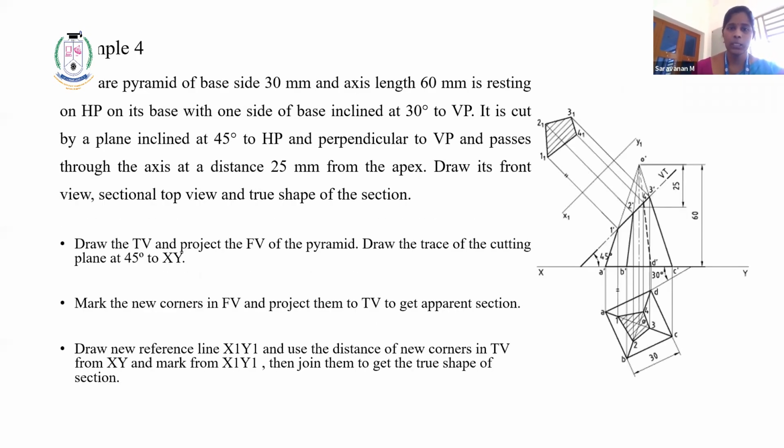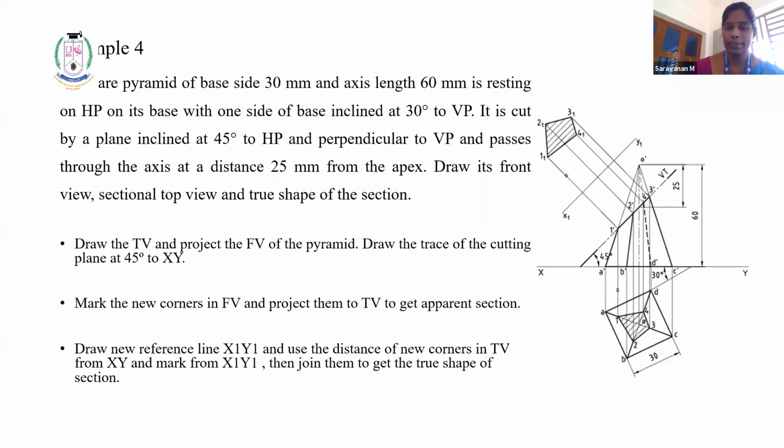So this is for square pyramid. Draw a square pyramid with the same condition. Here instead of 25 degree, you have to draw a 30 degree inclined line. Then you have to draw the shape of the base, name the top view, and join all the corners at the point O. Project it towards XY and draw the front view. Your axis height will be marked, that's 60 mm. Then draw the true shape.